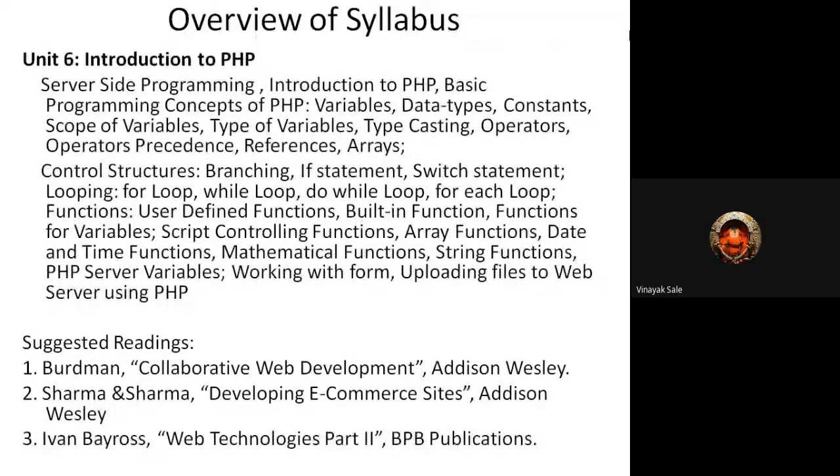Hello, hello. Yes, sir. Then the third book is Web Techniques Part 2 by BPB Publication. Okay. Wait a minute.